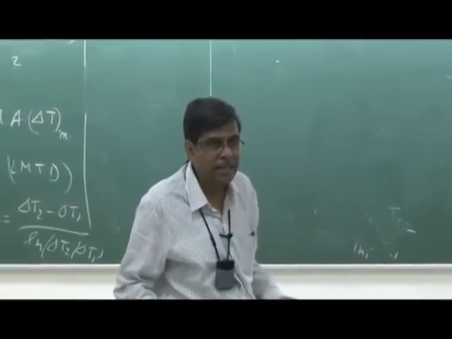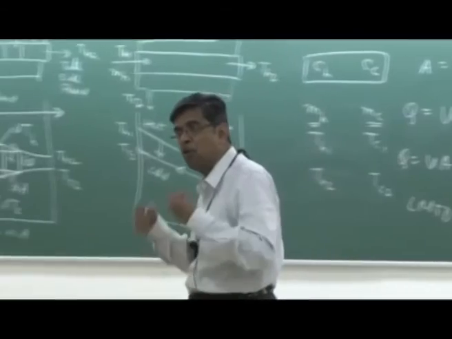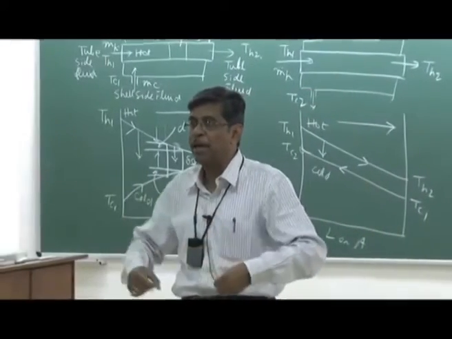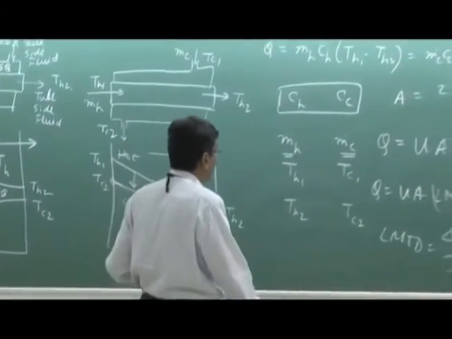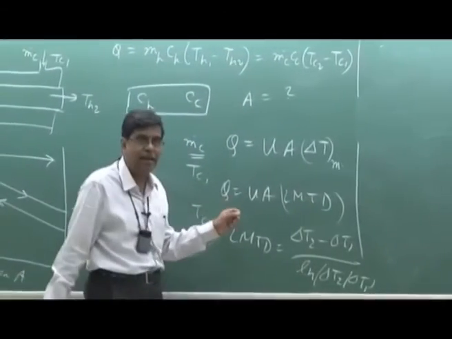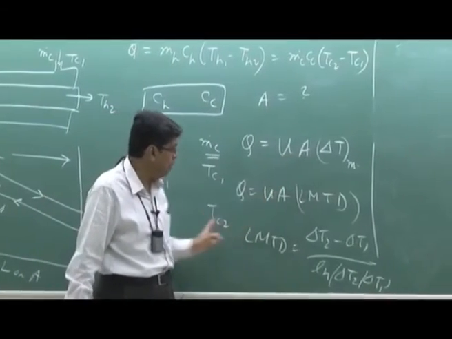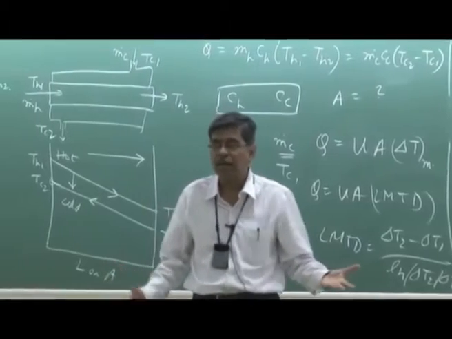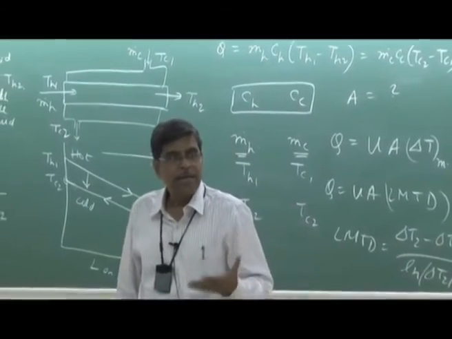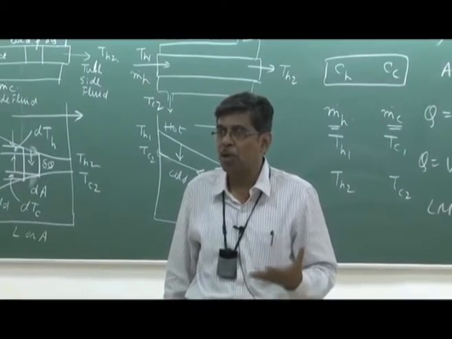So today it is nothing, but when it was discovered long back, there was no MATLAB, no program, not even a calculator. So people thought that it is tremendous stuff, an iteration method by hand, even without a calculator, whereas the sizing problem is explicitly found out with a slide rule even. So a difficulty was faced in this case, that the LMTD method is not that suitable